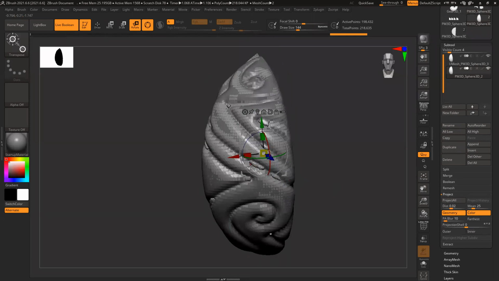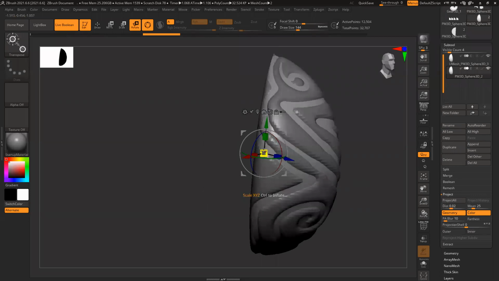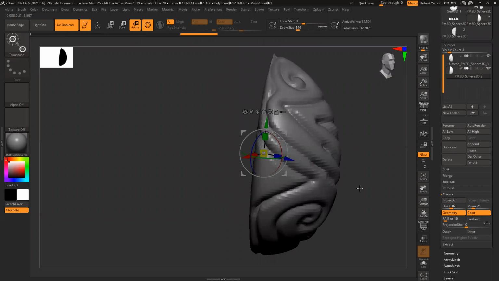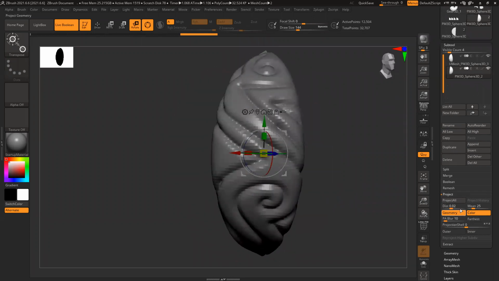So you can see wherever the difference of the shape was there, it's not creating it properly. So what I can do is reduce it. Everything is reduced. Project all, Control D, project all, Control D, project all.